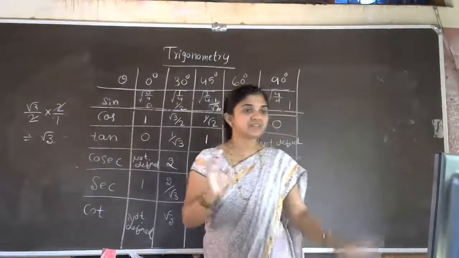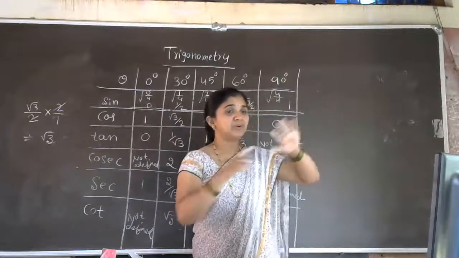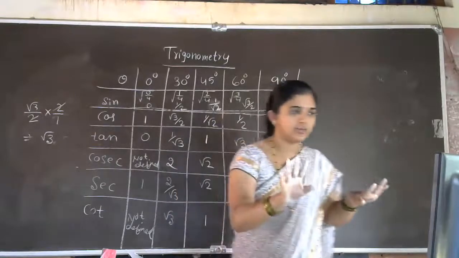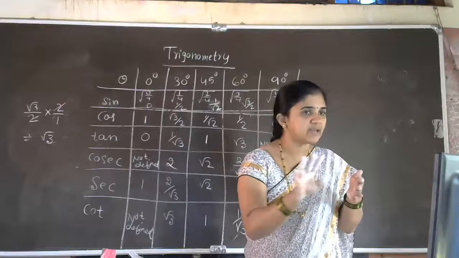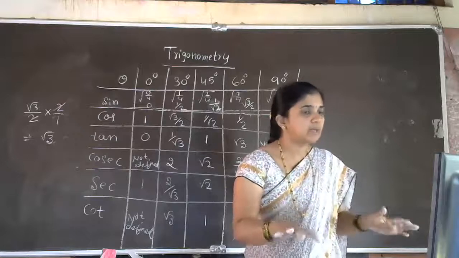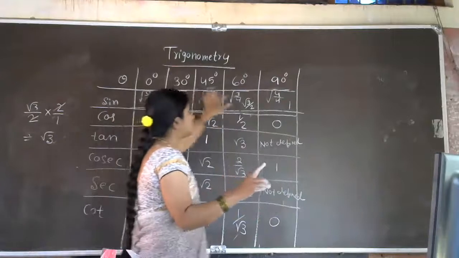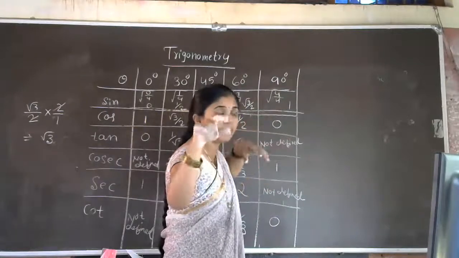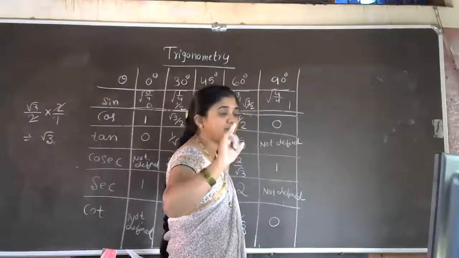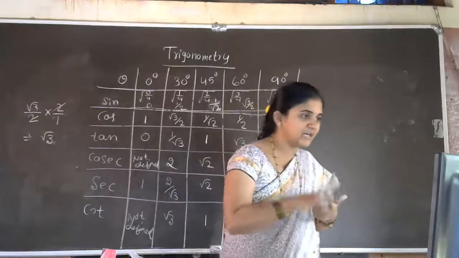So many tricks are there, finger tricks are there, how to write. Only trick is sign value only. By writing sign value only you can fill the table. But many tricks are there. This is the one trick actually: 0, 1, 2, 3, 4 divided by 4, applying the root. This is only one trick. Tomorrow I'll tell the remaining two tricks.